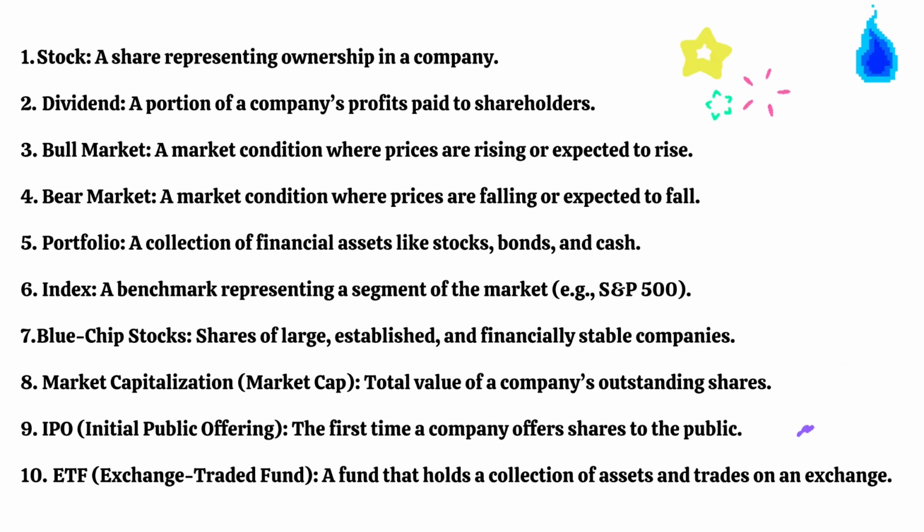Let's go to IPO, the initial public offering. The first time a company offers shares to the public. So obviously, companies are already well established before they go into the stock market and get the IPO, where they initially offer themselves up to the public. A lot of companies are already out there, like for example, Chick-fil-A. Chick-fil-A has been out for years, and people love it. People shop there, but they're not on the stock market because they never had an IPO.